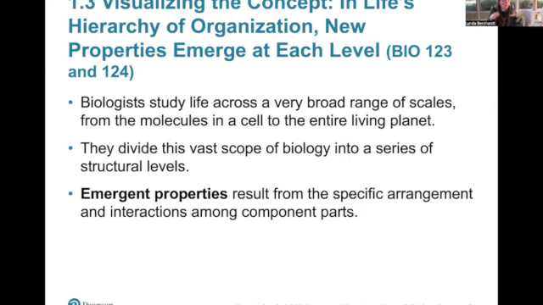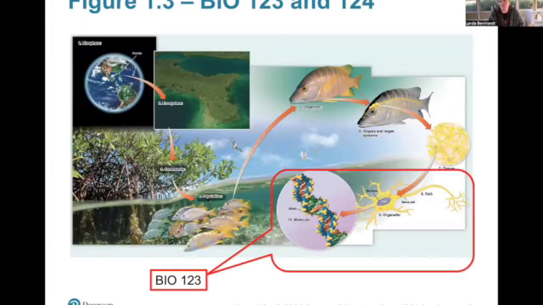So Bio 123 is also known as cellular biology. So we go up to the cell level and then stop. Everything that's happening in the cells, that's what we cover in 123. Outside of that is what we cover in 124, and that includes things like evolution and whatnot. Emergent properties, this is stuff that shows up, like emerging upon the interactions with the different parts. So a little bit here, but most of this is going to be 124.